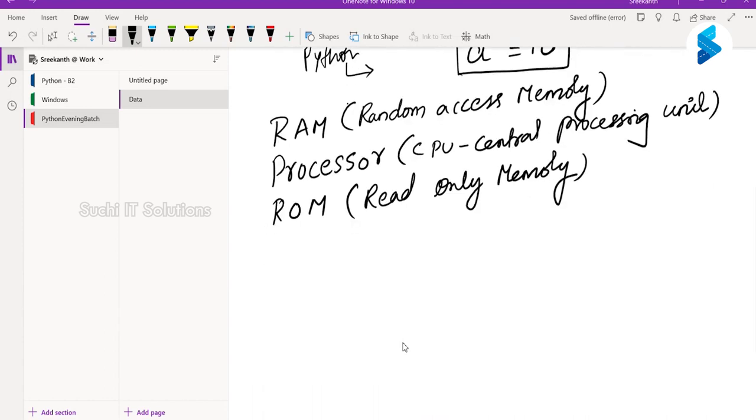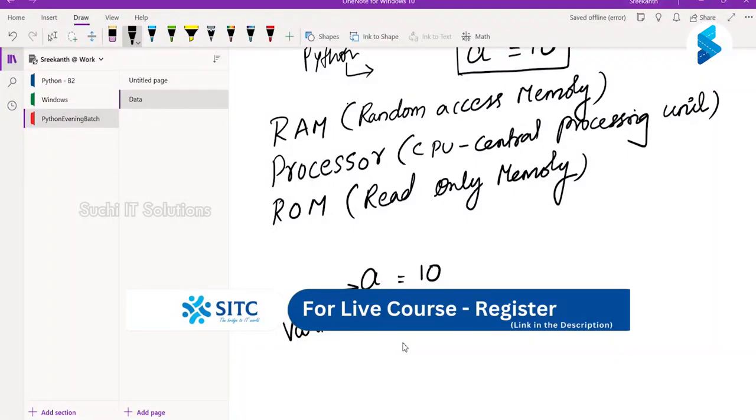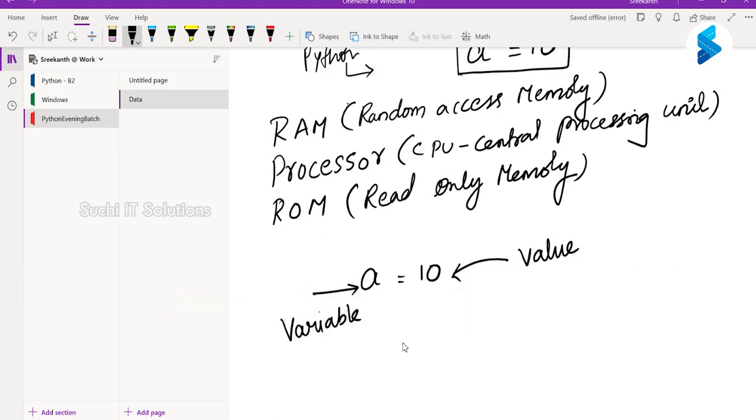So when I say A equal to 10, this A is nothing but a variable which is holding the value 10. I have written this with the help of the Python software, where I used a particular shell called IDLE. I just wrote the statement and hit enter, and it went to the next line without throwing any error.